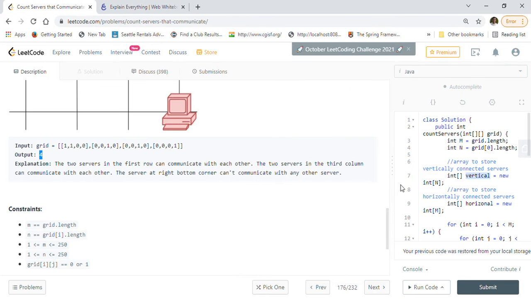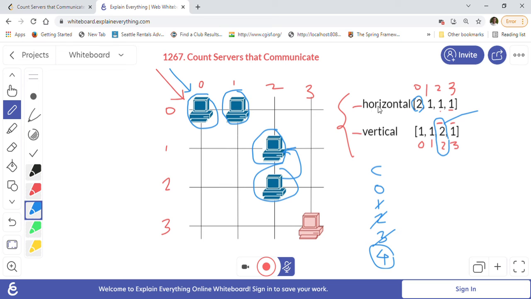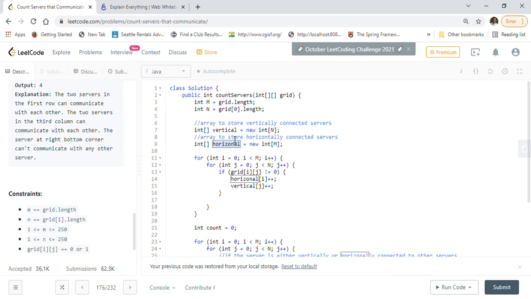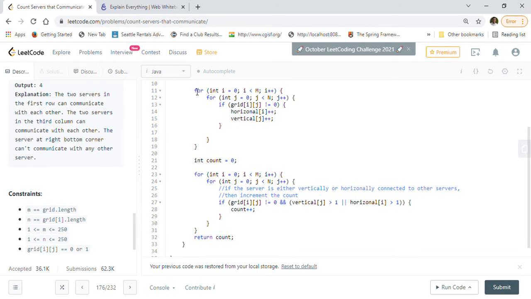So let's go and take a look at the implementation now. First I calculate the number of rows and number of columns, m and n here, right? And then I create a vertical matrix and horizontal matrix because I want to keep track of how many servers are available in each row and each column, right? So I created that here using the same size of the grid, right? And after that, I am just going to iterate over all the rows and all the columns, right? Meaning we will go cell by cell through all the cells in the 2D grid that's given to us, right?